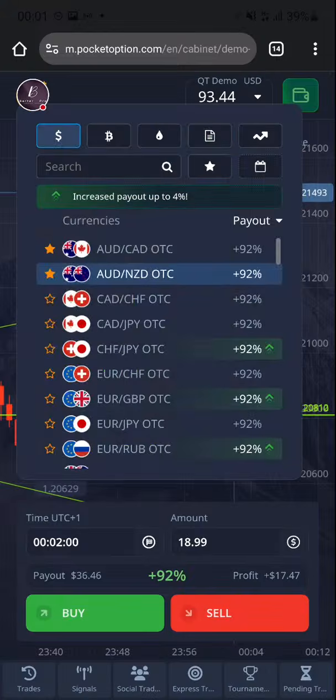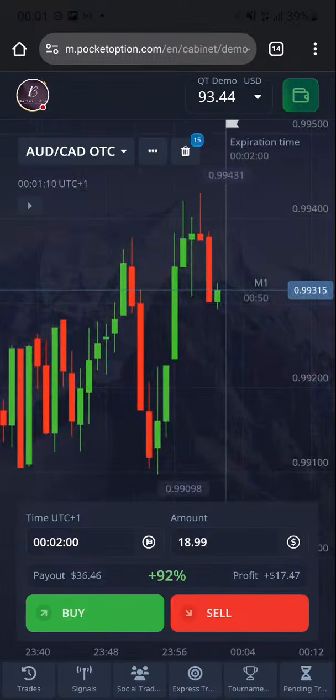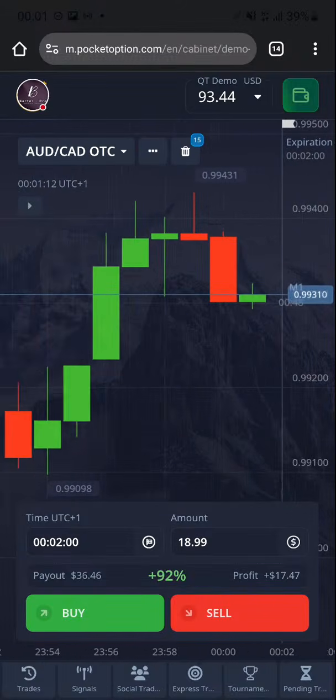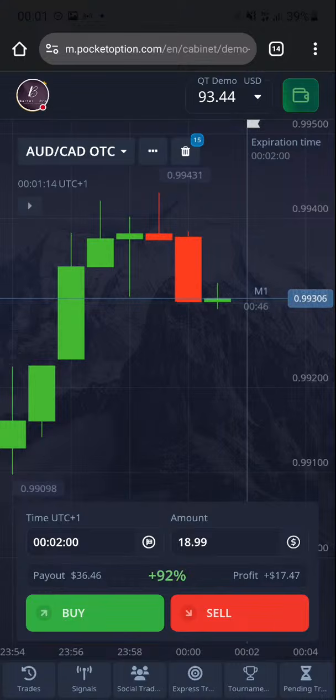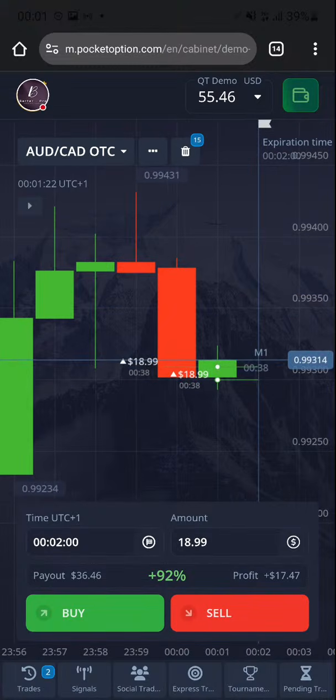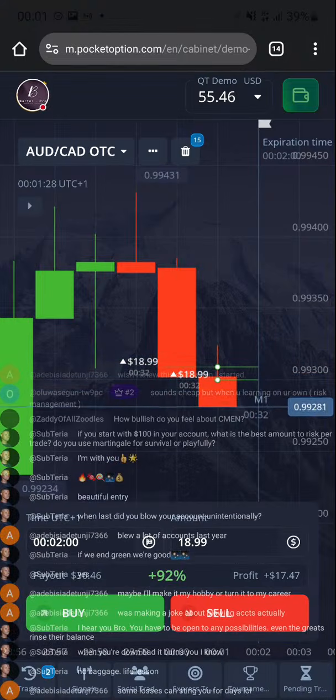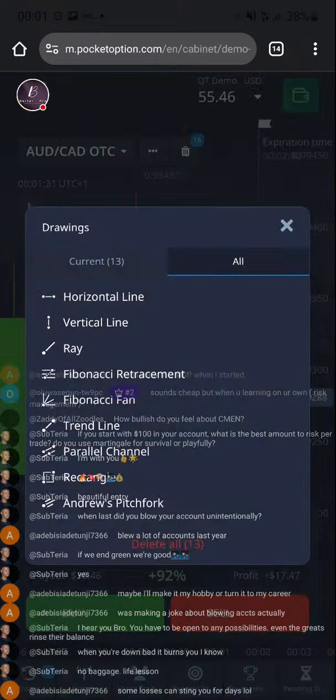Looking for the best entry. Look at me, most of the time I'll see an entry and be like, okay, look at this now, we can go with the buyers. If it goes down again, I'll go with the buyers one more time. I'm expecting a push to the upside, and I'll tell you why. You see, this candle closed on a round number. Remember I told you something about round numbers.